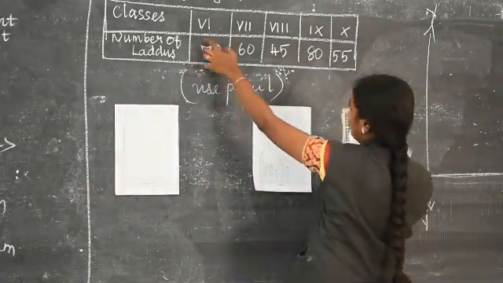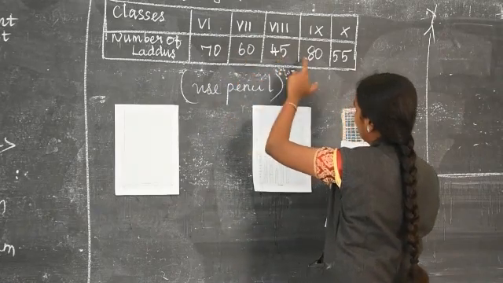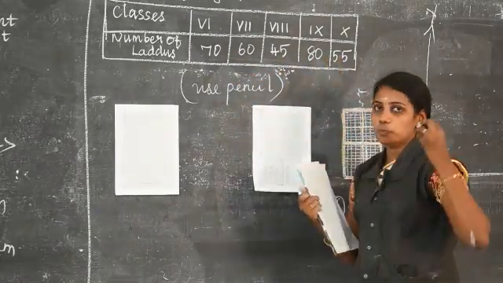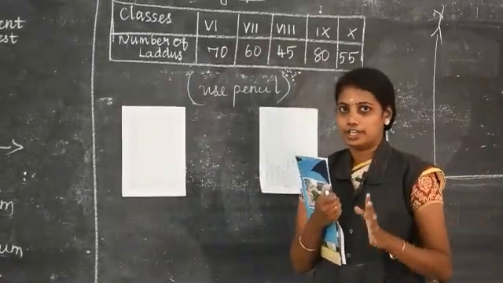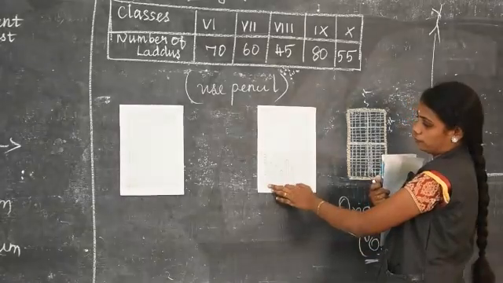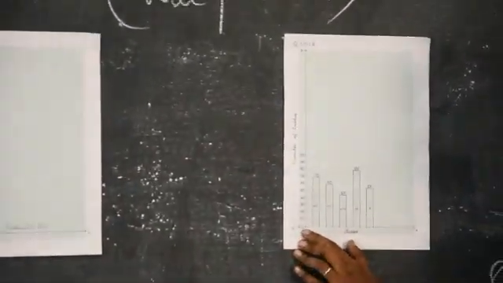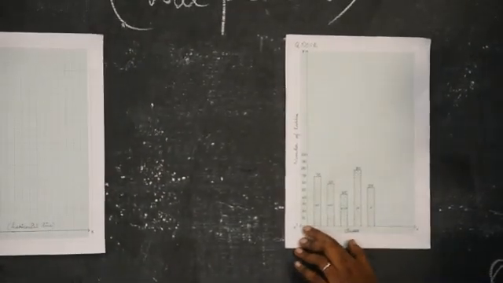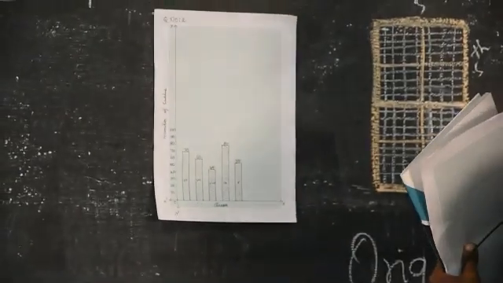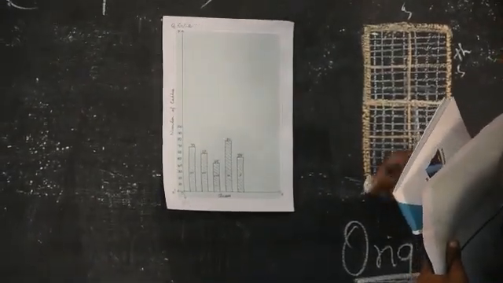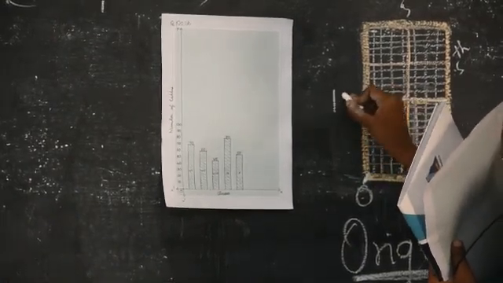Okay, now see the difference of the numbers 70, 60, 45, 80, 55. You must fix the units. Okay, difference of 10 or difference of 5. Okay, here I have used the difference of 10. See how to write, listen to me. Here origin. Okay, origin means it belongs to 0. After one box, here if it is 0, sorry, here if it is 0. Okay. Here only one box, 10.